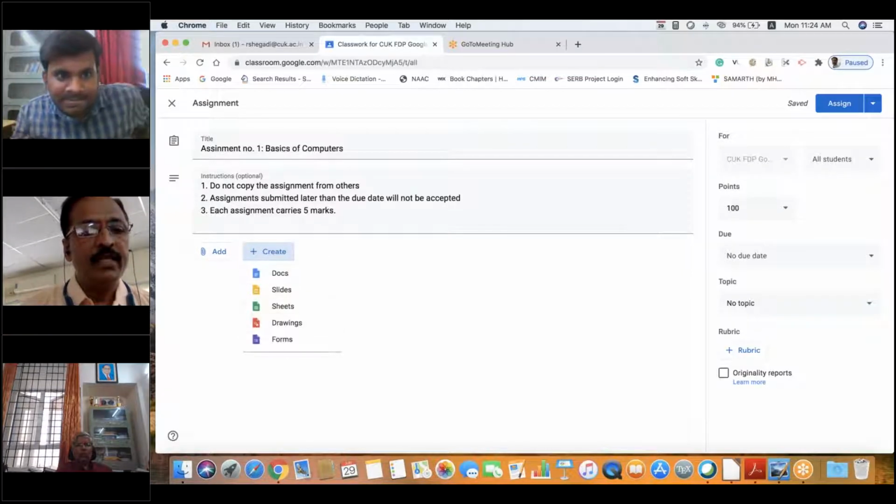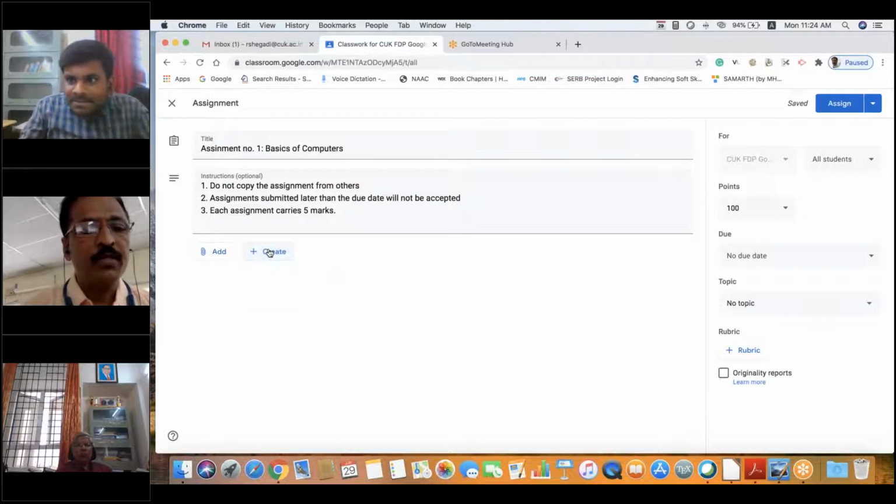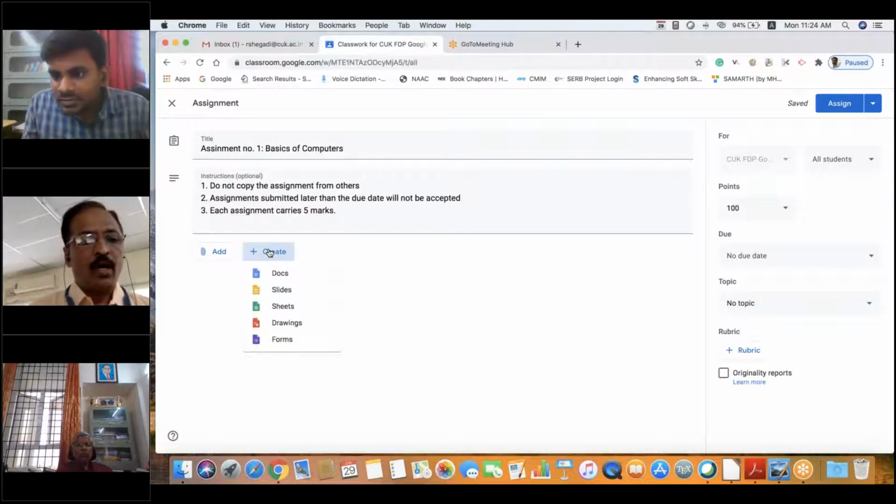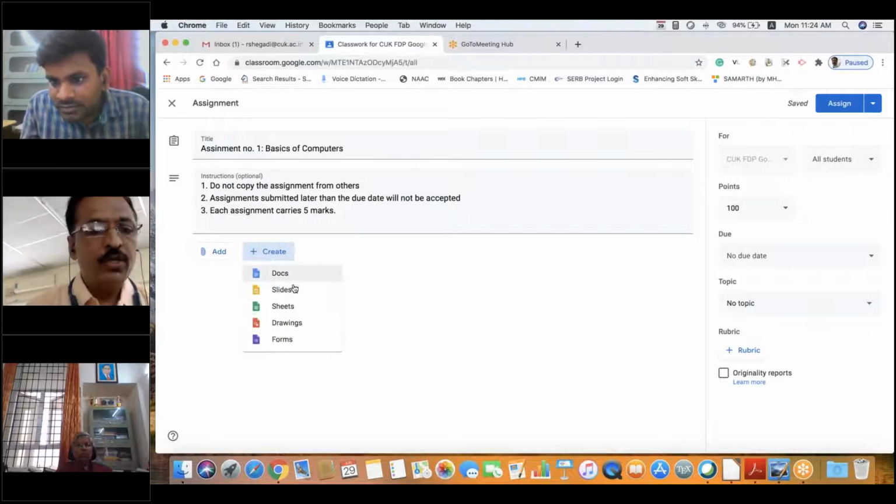Basically here, even in the assignment, you have the create option. This is also a new kind of option they have given. Okay, you can create a doc. You can